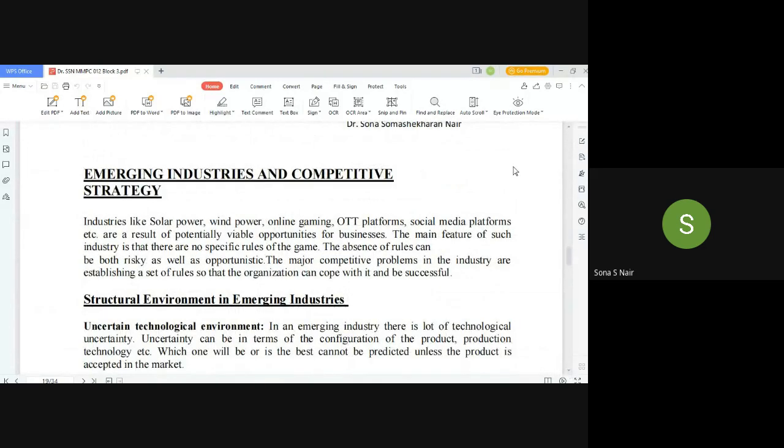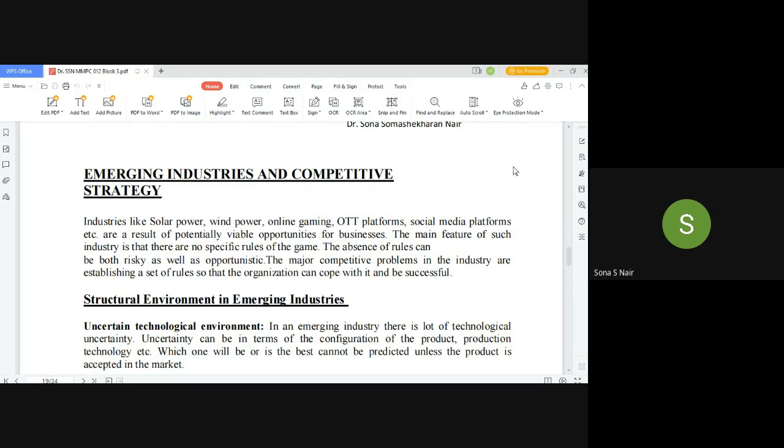Right now, we're talking of emerging industries and competitive strategy. What is going to be the approach of a firm which is in an emerging industry? What is an emerging industry? Again, an emerging industry has potential, but it's not fragmented at the moment because there are not many players in the marketplace. It is an industry which is meeting some new needs of the customers, or is using some new technology to meet those earlier needs.